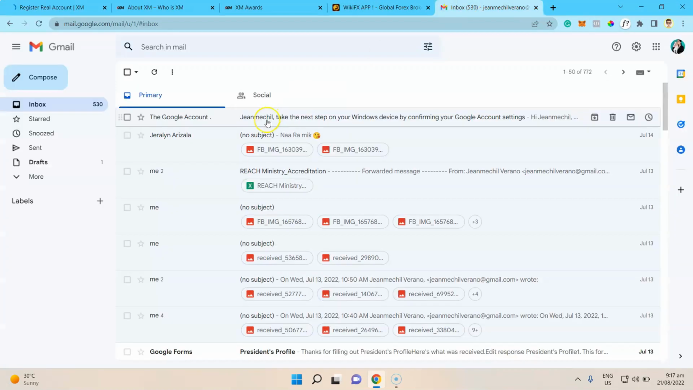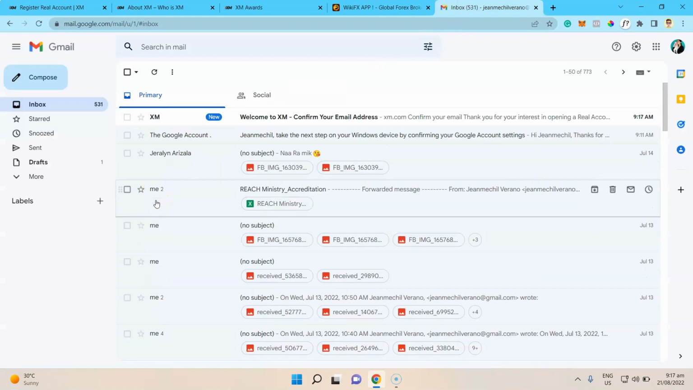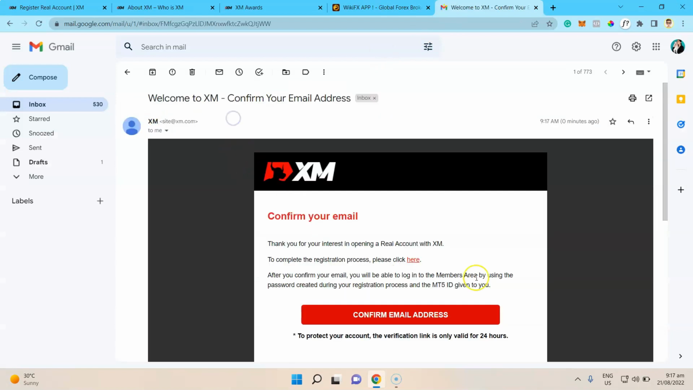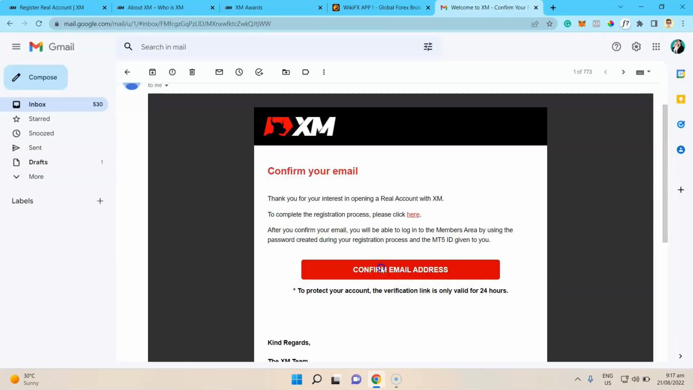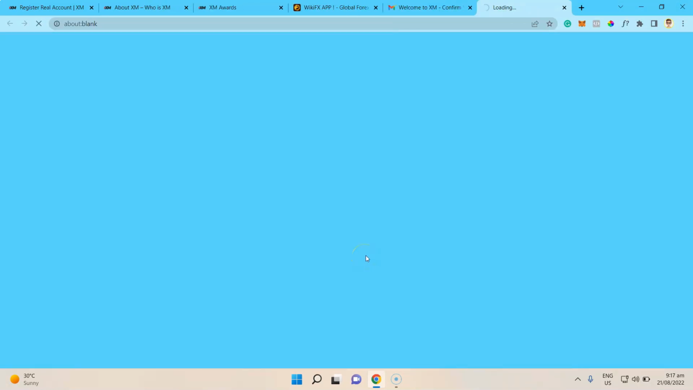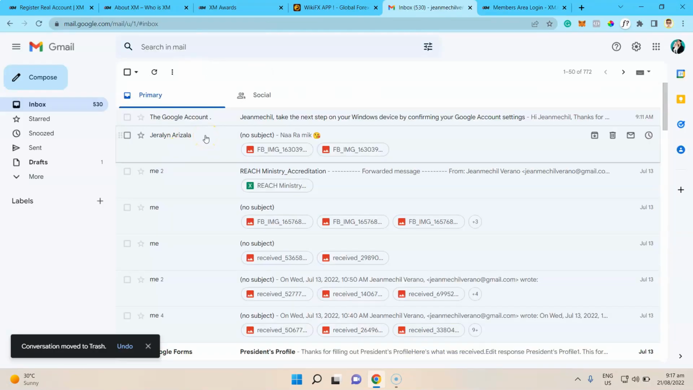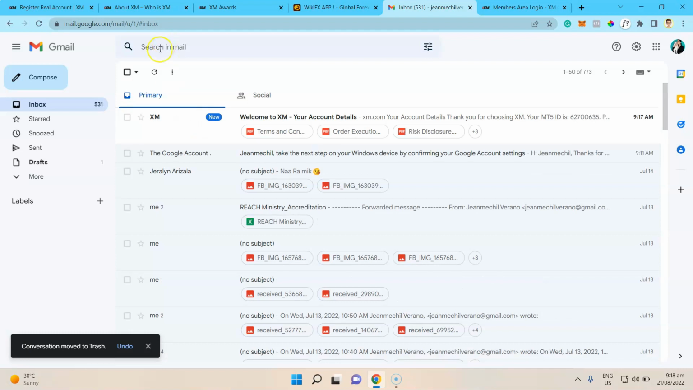Once you're done filling up and answering all these questions, just go ahead and click this button, Open Real Account. After that, go ahead and open your email. XM will send you an email, this email right here, and just click this to confirm your account. We're going to wait for the second email, and that's going to be the email where our account details are included. This email right here,